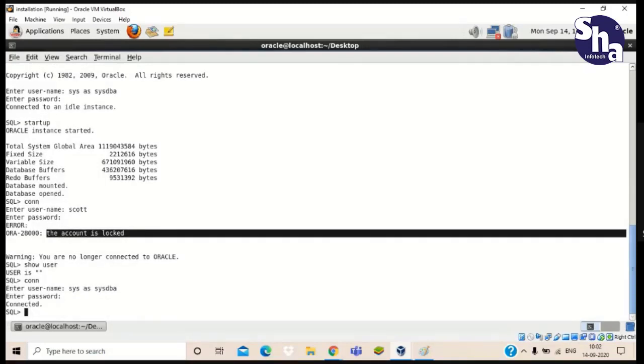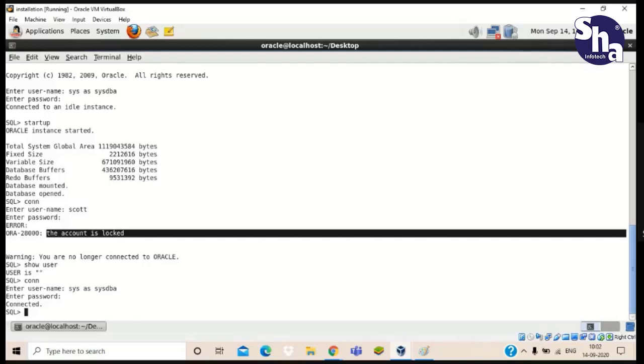Now in the super user, we know that the super user can do anything, can create anything. Our super user is very powerful. You can see that our Scott user's account is locked. For unlocking it, we write a command in the super user. Via the super user, we can unlock the account of the Scott user.